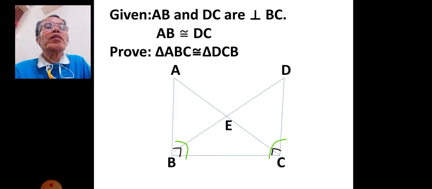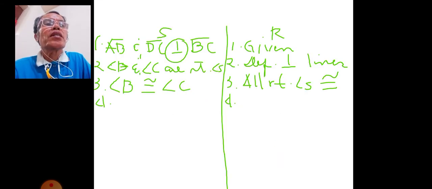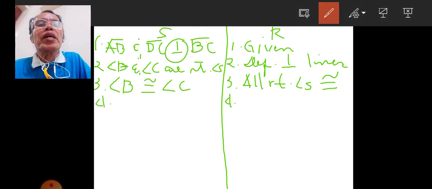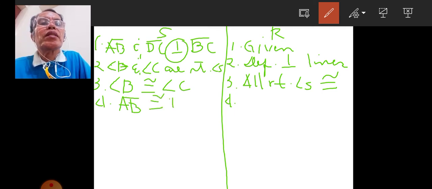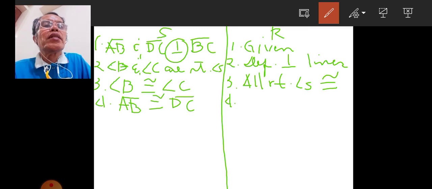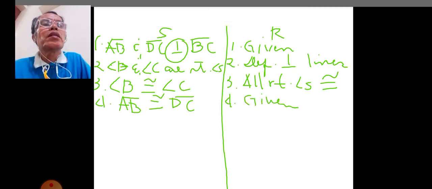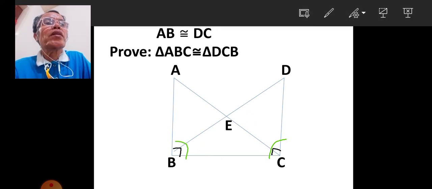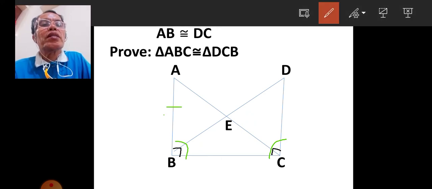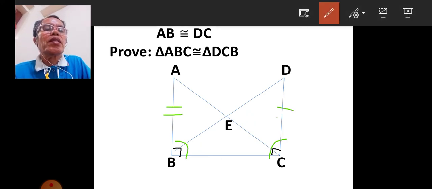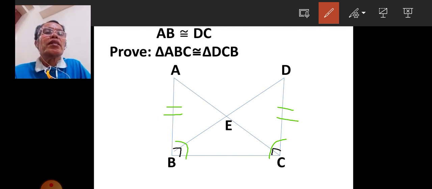So AB is congruent to DC. So segment AB is congruent to segment DC. That is given. So that is AB is congruent to DC. Now you can state that